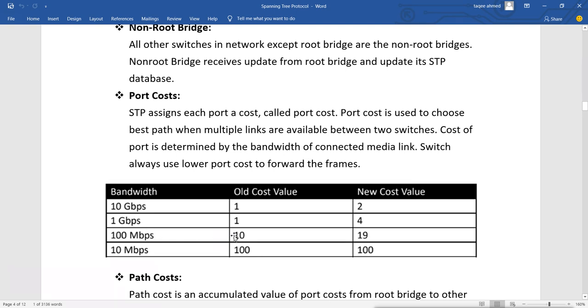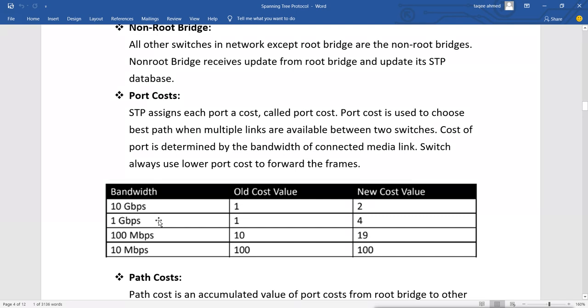In the old values we have 1. But when you have 10 Gbps, which is again faster than 1 Gbps, the old cost doesn't have a value lower than 1, so we have the same value of 1. Now here is the problem with the old cost: for 1 Gbps or 10 Gbps, it uses only cost 1.